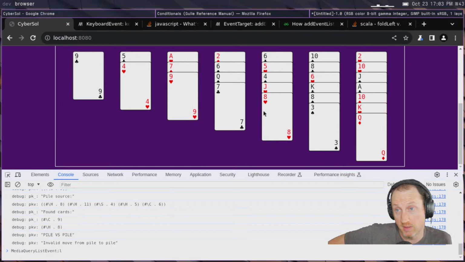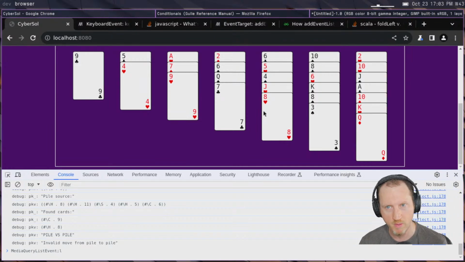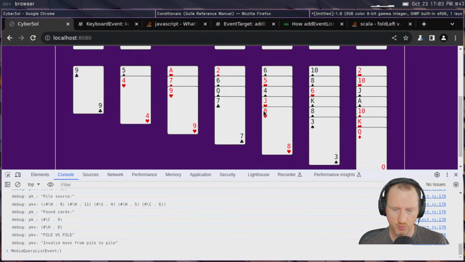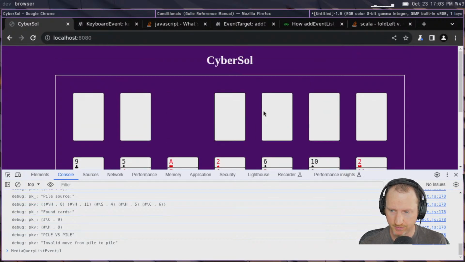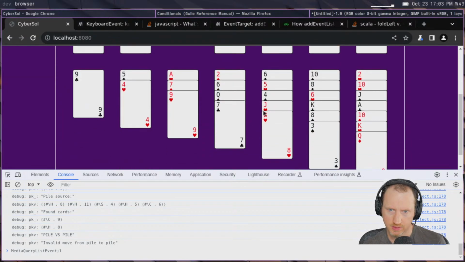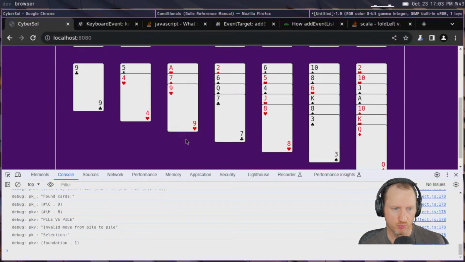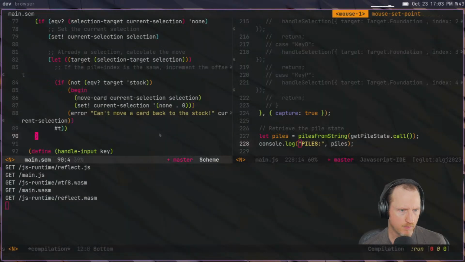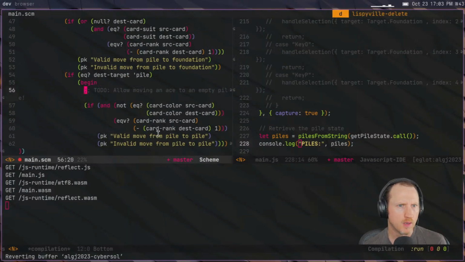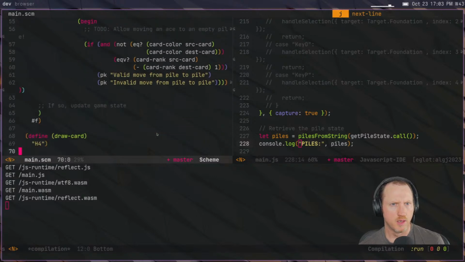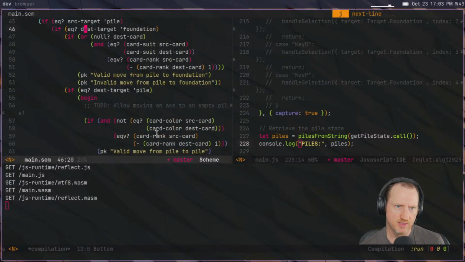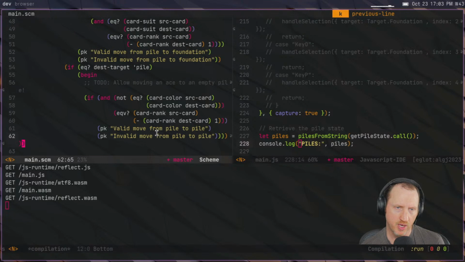All right, cool. So I think that at least the logic works. We can't represent the move or actually change the game state yet, but at least we're able to check it. Man, what a mess. A lot of wasted time there. All right, so what we need to do to actually make this real in the end? We basically need to take the top card off of one stack and put it on the other, and then